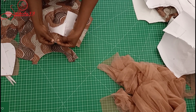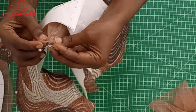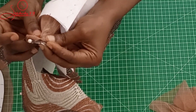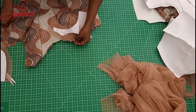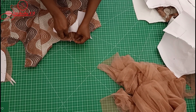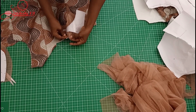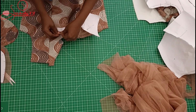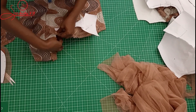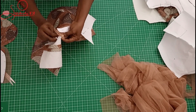Okay, so that's how we're going to do it. Look for the notches. I don't know if you can see the notches on the lace, see the notches on the net. So I'm going to place it, then pin around until you get to the armhole. So guys, this is how we're going to go around it, then turn it this way